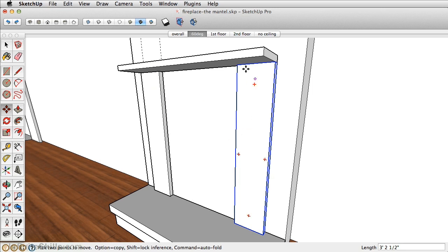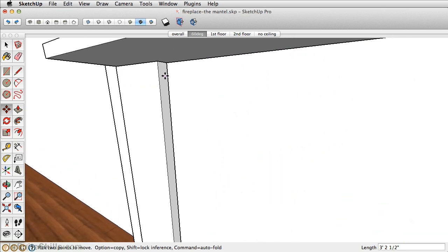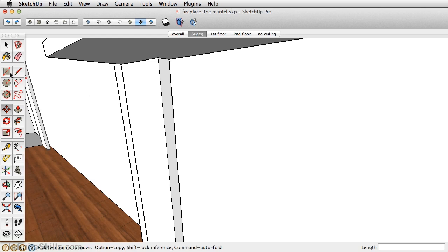Last but not least is the middle piece here. So let's zoom in. Next, let's take the rectangle tool. We know that this is 1.5 inches wide. So start in the top corner here. Draw your rectangle down, making sure you're